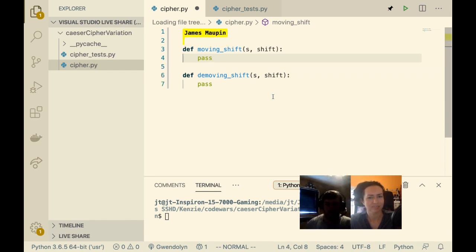It just helps me kind of reason it out, right? Yeah. So the first thing that I would do here probably is do like shift char, or car, whatever you want to call it, and then we'll give the C and the integer shift. So it's going to essentially look like the same as moving shift, but instead of taking an entire string, we'll just take one character of a string and then shift that.